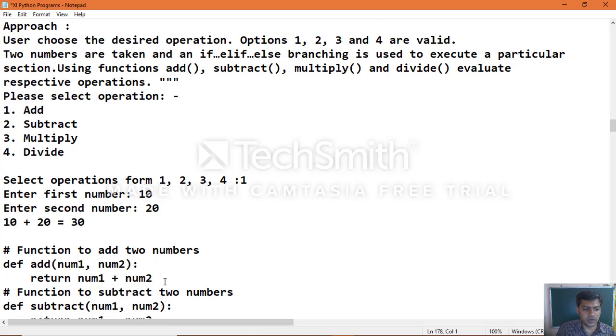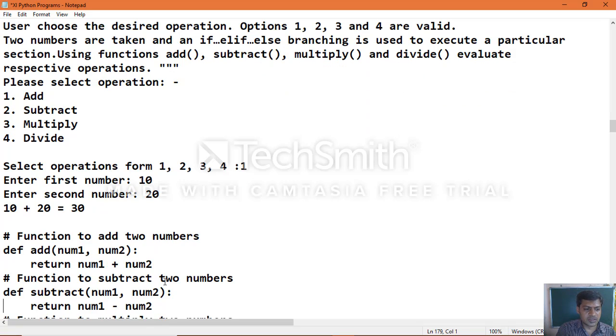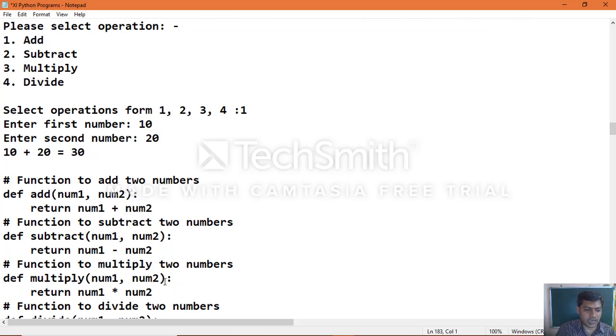Function to add two numbers. Same way, with the help of functions, we can create the same example. Def is the function creator: def add of num1 comma num2 as parameters, return num1 plus num2.